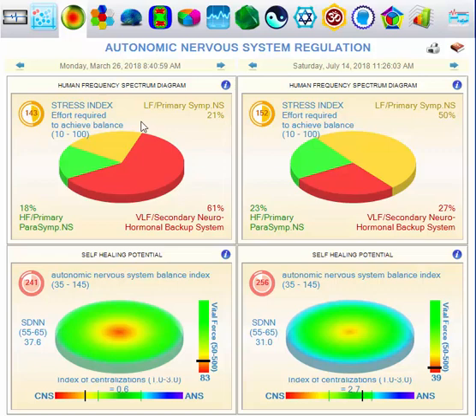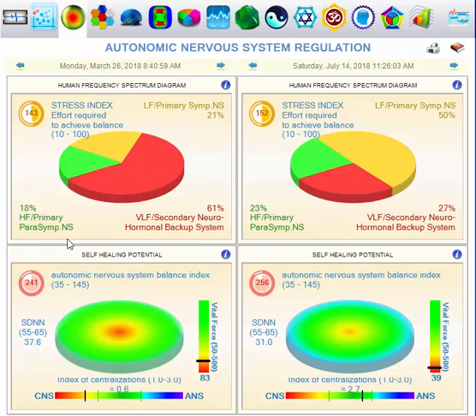So this will give us some information, so we are on a good path. Comparing to the last one, a lot of people will think that when we do the therapy, we directly increase the high frequency, but actually it's not. Basically, first the VLF starts lowering and LF increases. What this means is we are going from the central nerve regulatory system to a more balanced autonomic nervous system